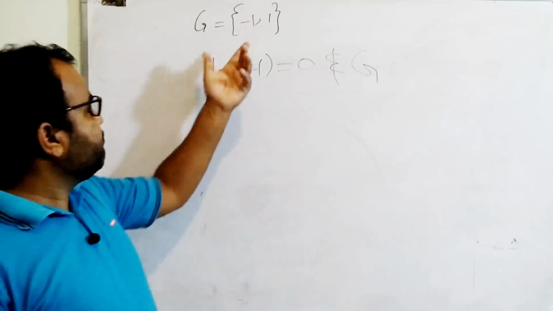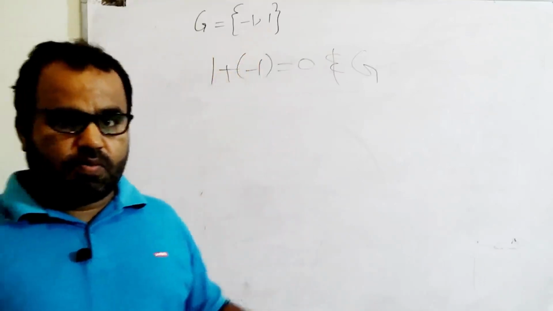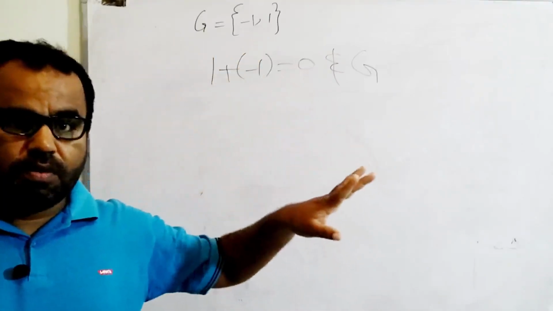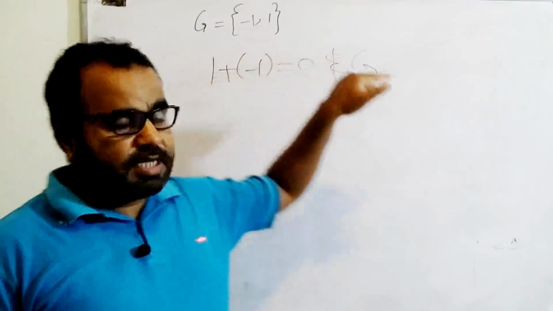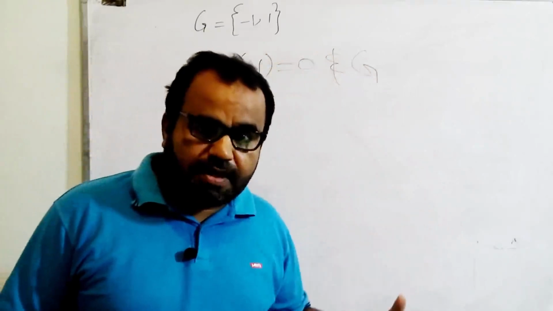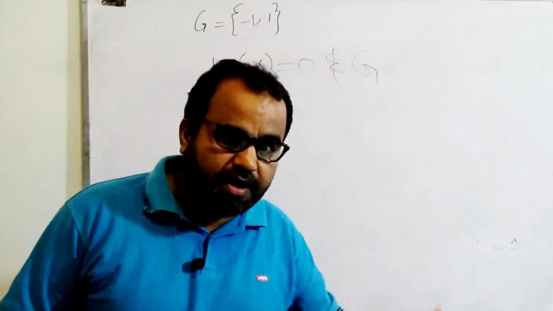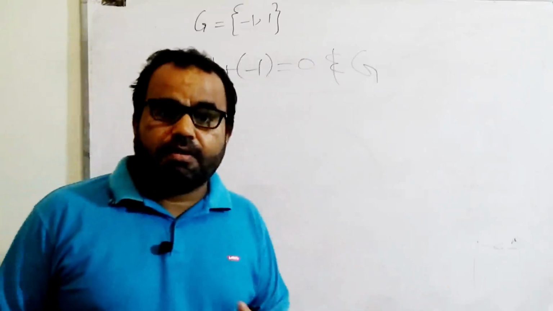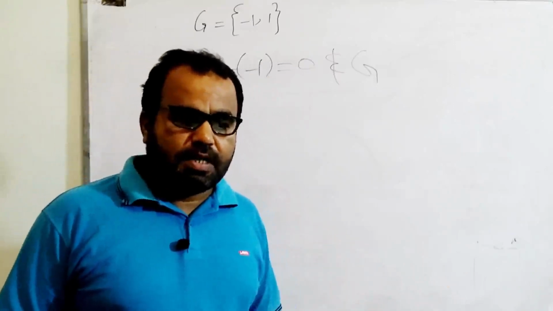Here you can see that when we add these two elements, 1 plus -1, our answer is 0, but 0 does not belong to this set. What does it mean? It means that the first property has failed. If the first property has failed, then it is not a group under addition. Now we check under